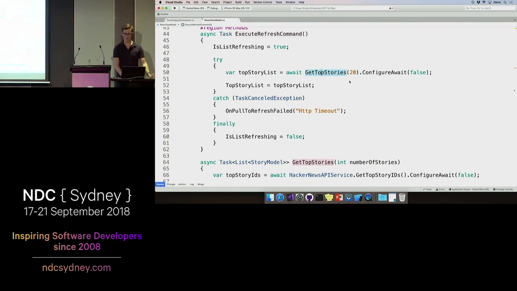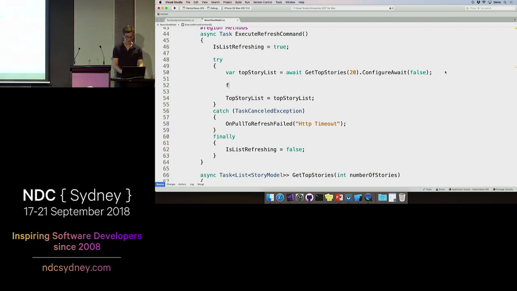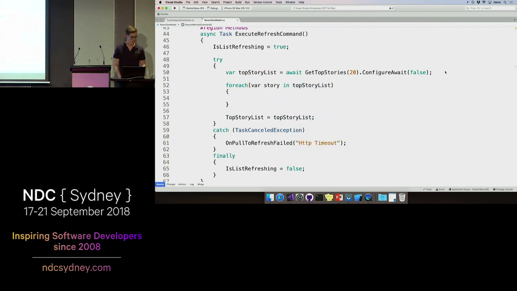And all this method's doing is hitting the Hacker News API to get the top 20 stories, and then showing those on the UI. So what's cool is right in between here, we can add in some code to do a little bit of machine learning. So what I'm going to do, I'm going to have a for each loop, and I'm going to say var story. So for each story in the top story list, let's do some code.